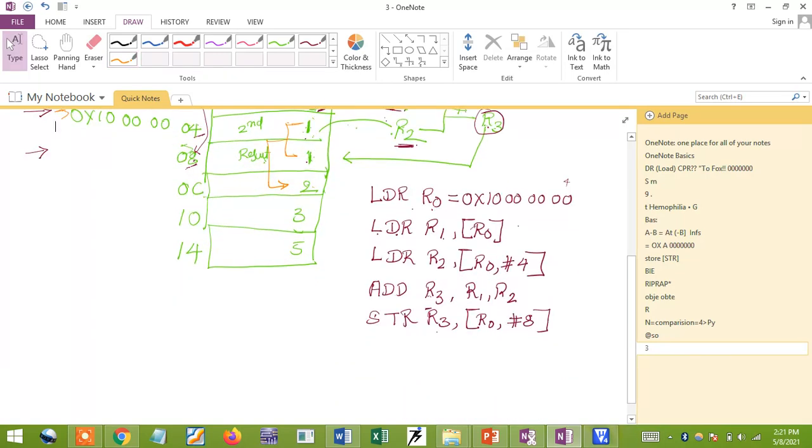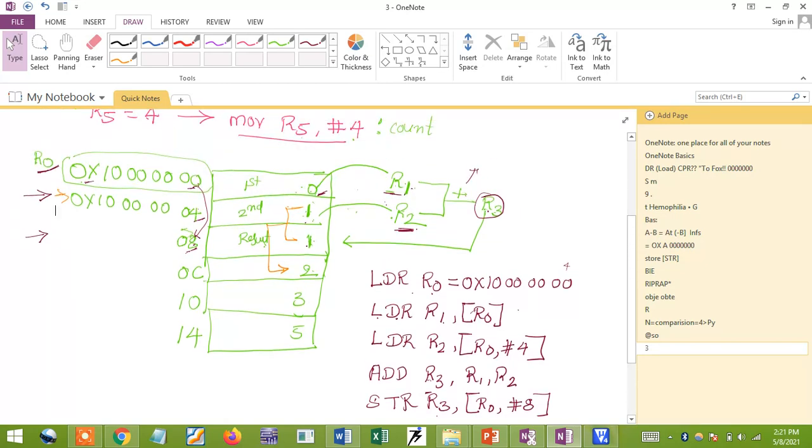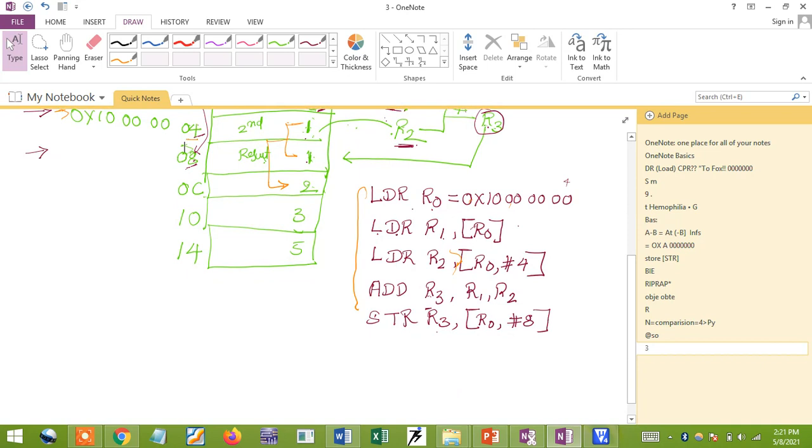I'm just going to use R0, which has the value 100, right? Just add the address. You can see you have 04 for this one. So now I'm going to consider the R0 value. Till now my R0 value is 100 only. Now I'm going to update the R0 value with +4. You can see, with an instruction, I'm going to use ADD. I'm going to update my R0 register with R0, which already has the value 1000, comma hash 4.